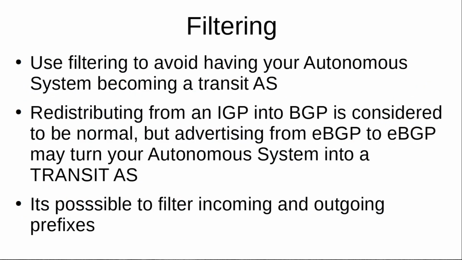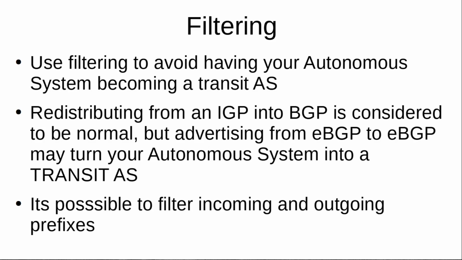RIBs with BGP. Now, the filtering topic is quite extensive. There are several ways to filter in BGP, but the basics are that you really should use filtering, especially when working with EBGP, because if you don't filter routes when using EBGP, your autonomous system might become a transit autonomous system. You don't want your autonomous system to become a transit autonomous system unless you are a tier 1 internet service provider. So